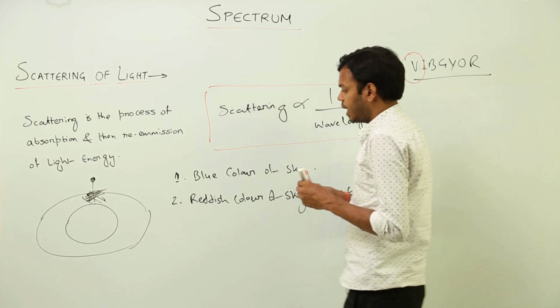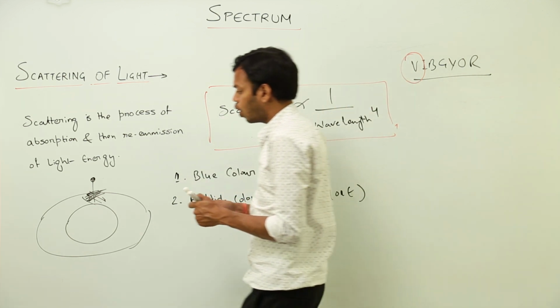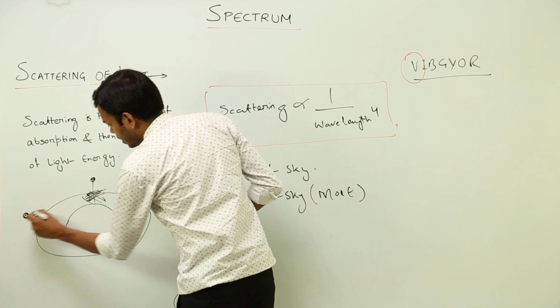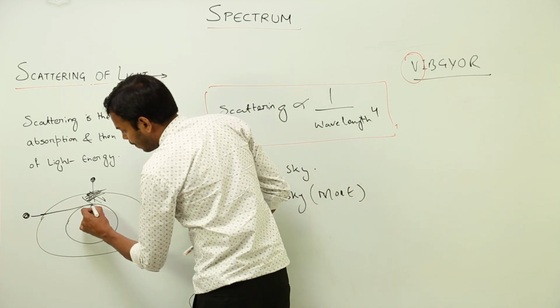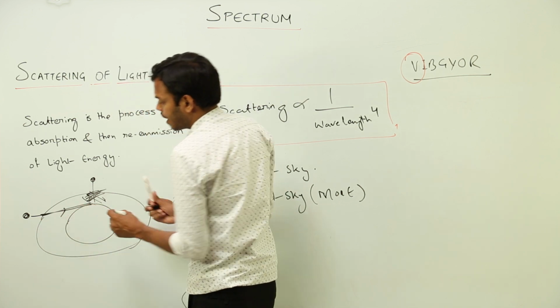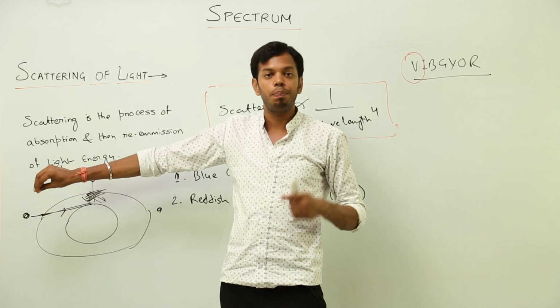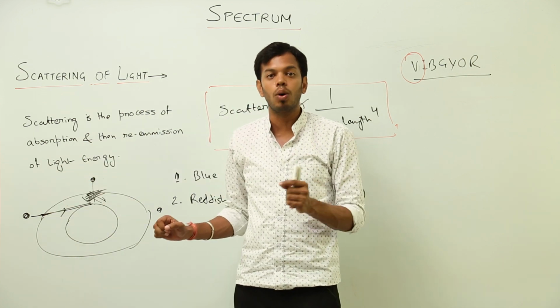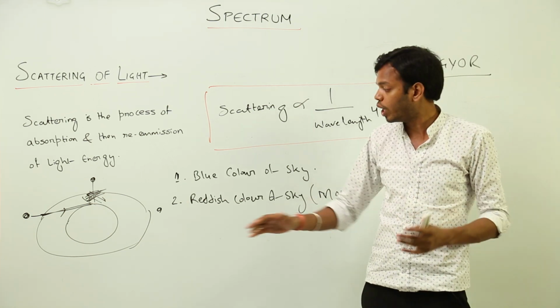Why so? Now, the reddish color of the sky during morning and evening is because during morning and evening time the sun is at these positions. So the sunlight has to travel a lot of distance in the Earth's atmosphere. Now what will happen due to the large distance? The portion which is scattered the most will not even reach